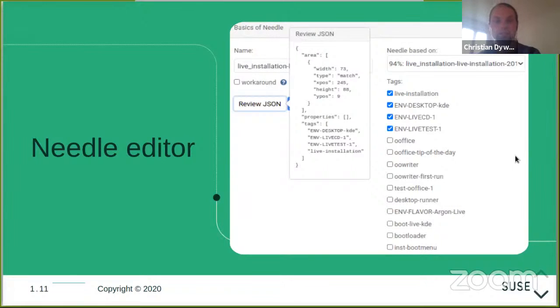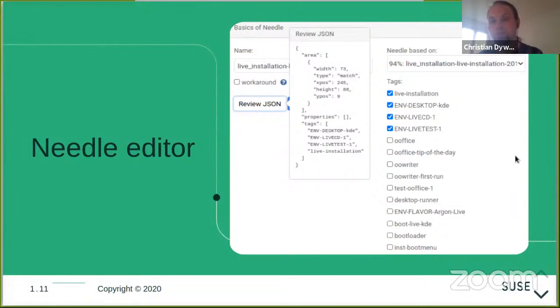You can see in the little box there the JSON specification of the needle. So you don't necessarily have to edit it manually. This is more interesting if, for instance, you want to work with needles on the API level or edit them manually.